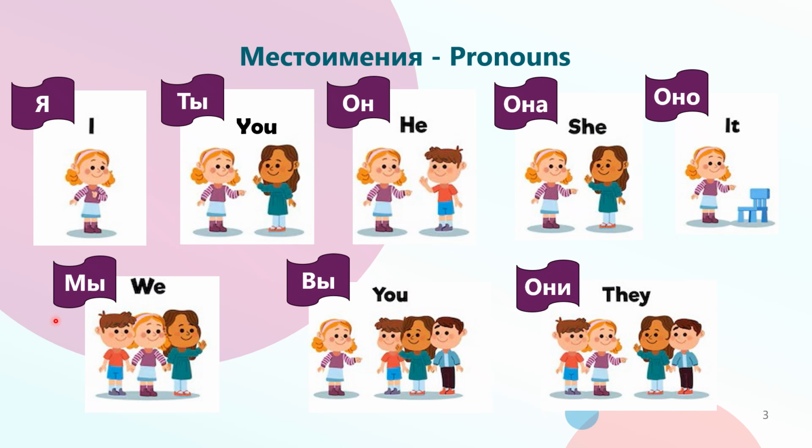Now let's look at мы, which means we. Вы, you. This is used when speaking to more than one person or formally to one person. So keep in mind that ты is used in informal cases and you should use вы if you want to sound formal. Next is они,